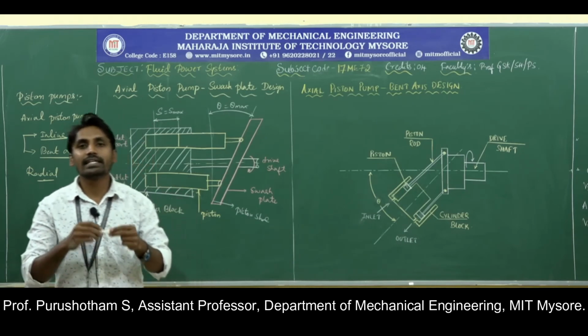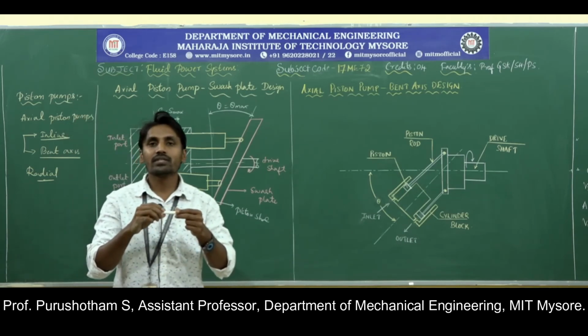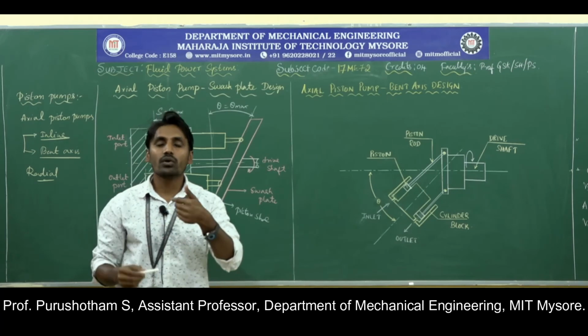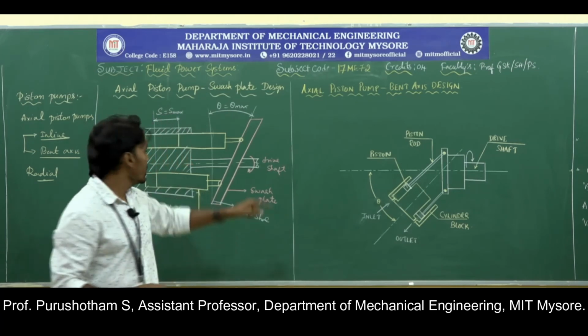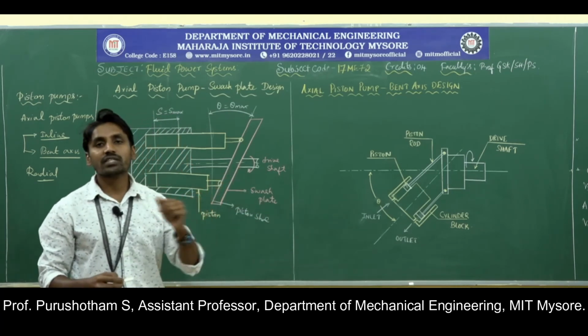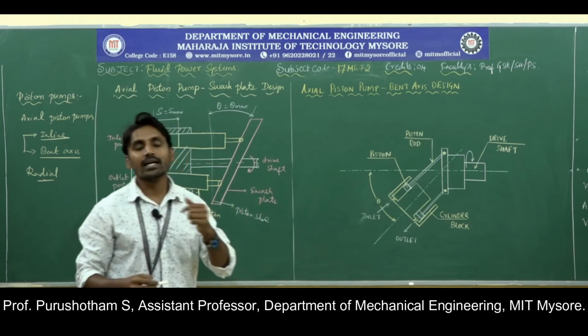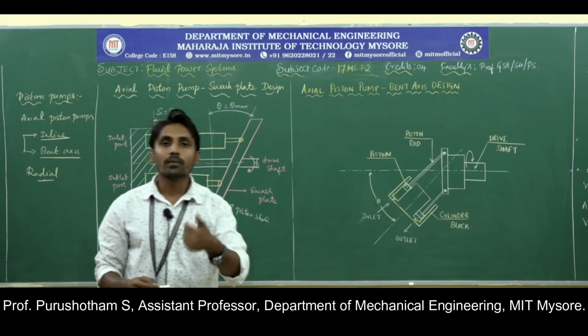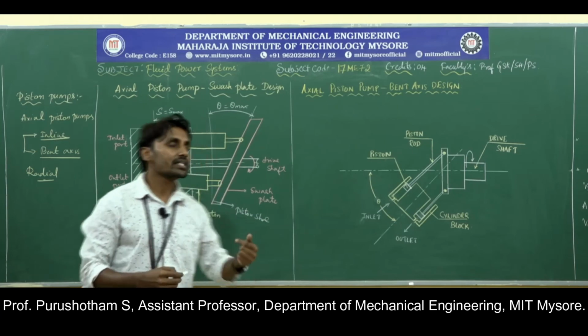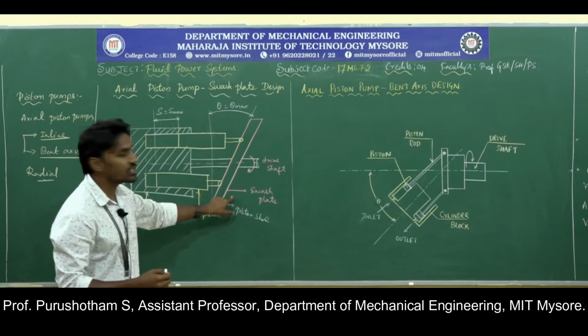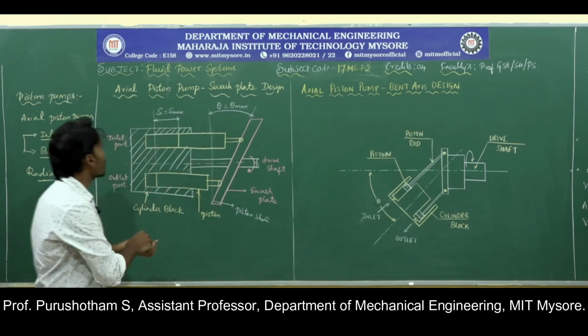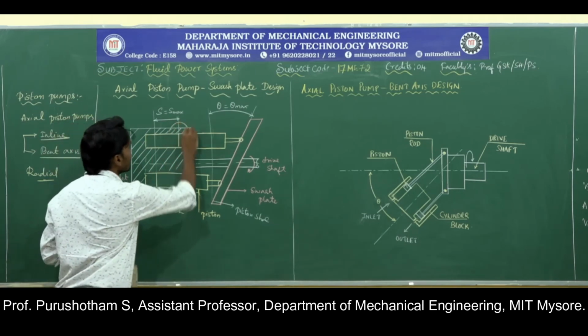If the cylinder block rotates, then it is called a fixed cam plate or fixed swash plate. If the swash plate rotates, then it is called a wobble plate. So in the fixed cam plate, in case of a fixed swash plate, when the cylinder block rotates,